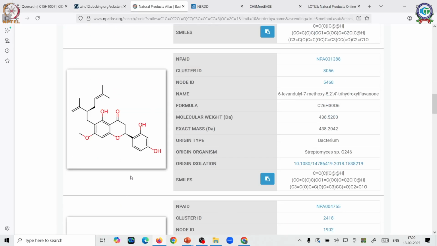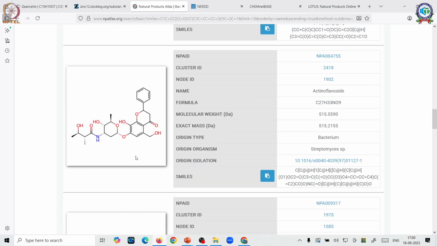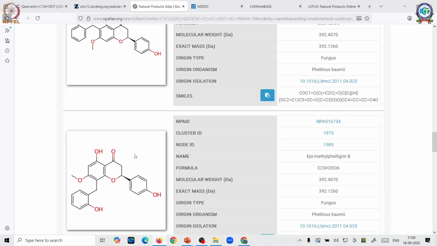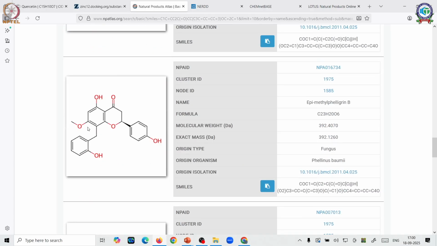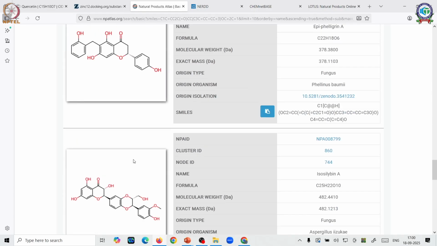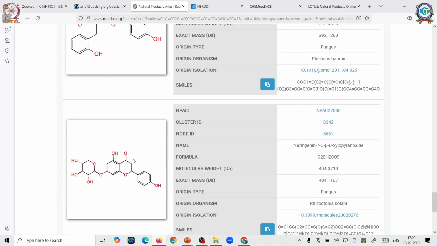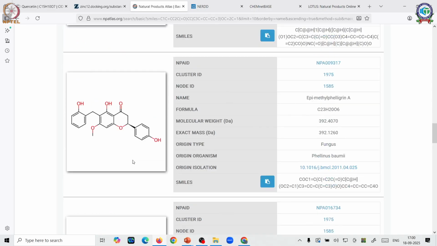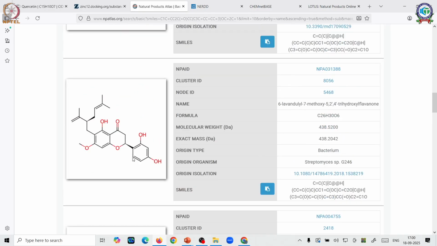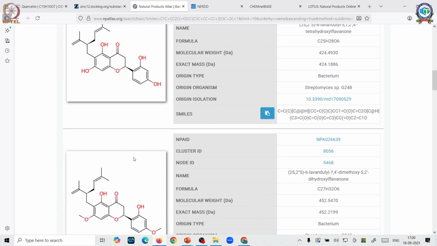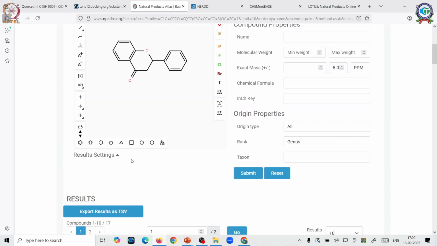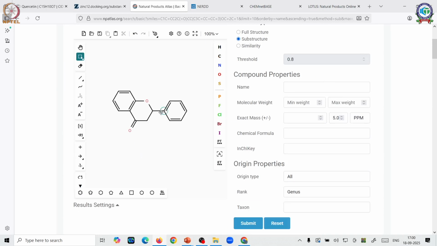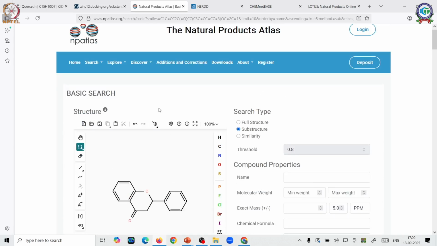The reason is this time I was not very specific with the hydroxy substitution. So, there is a good chance that if I have this kind of nucleus, any of these compounds can also be there. So, NP Atlas gives you an idea that if this particular characteristic pharmacophore or structure is there, what other possibilities or what other possible structures are there that you can abbreviate.